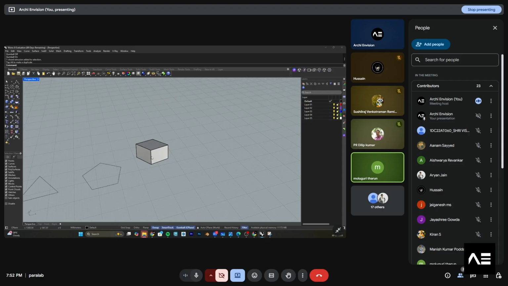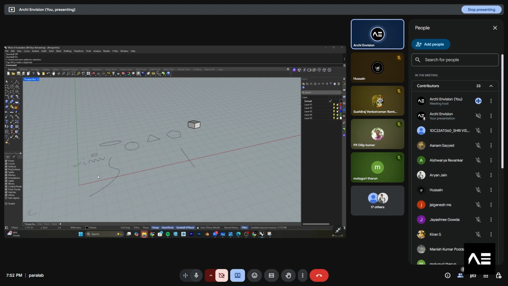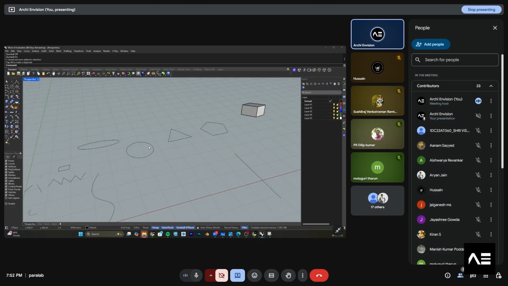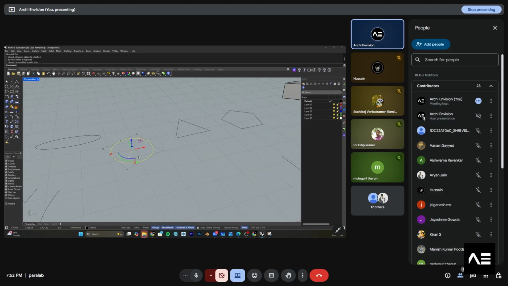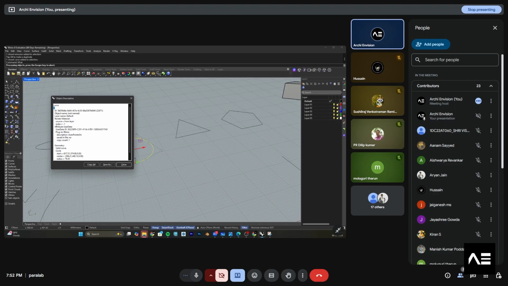So these are all the super basics of line, point, surface, 3D points, and polygons. I'll explain in detail in the next session how we have created it. What you have to do is select it, randomly create it, and type what. It will say curve, a valid curve.